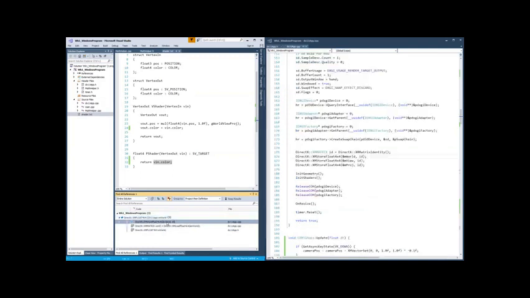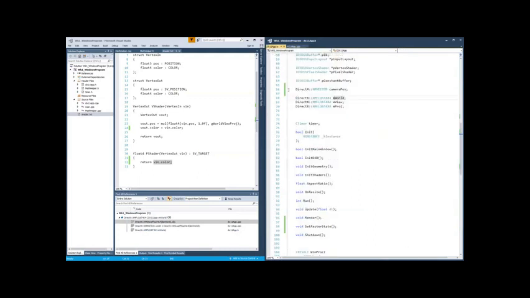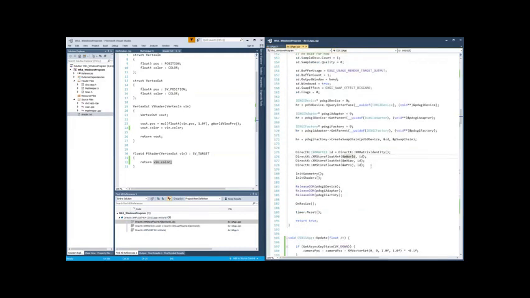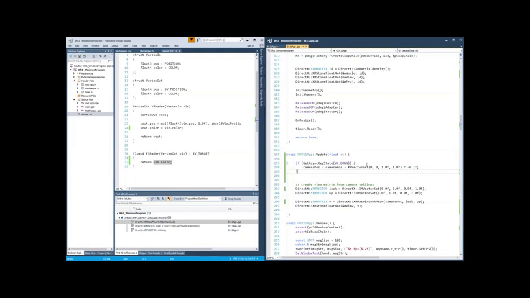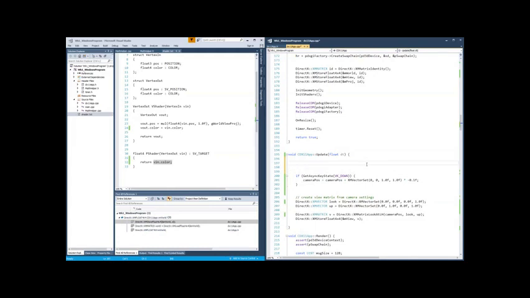So the world matrix is set to an identity matrix and it's not changed. One thing we could also do in the update function is to change the world matrix to make the object move. So if we go back to our update function, there is a function to rotate